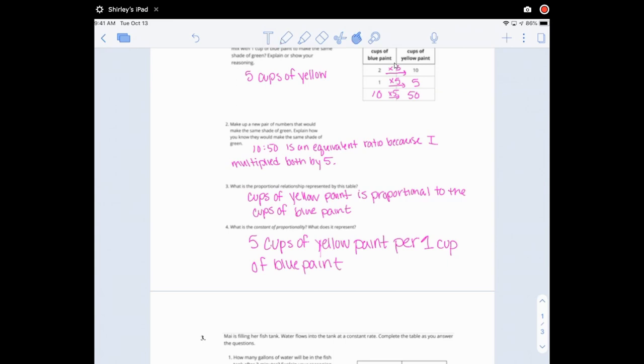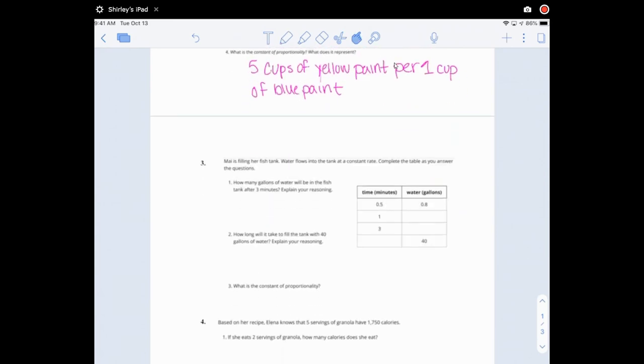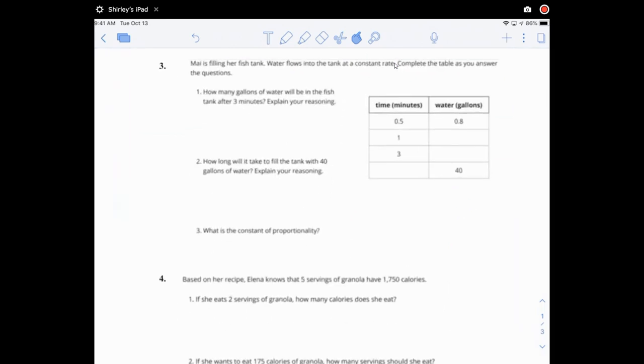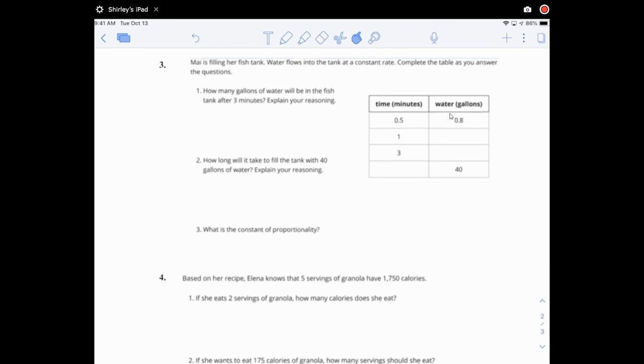Okay, I'm also going to go ahead and answer question 3. May is filling her fish tank. Water flows into the tank at a constant rate. Complete the table as you answer the questions. How many gallons of water will be in the fish tank after 3 minutes? So I'm looking here, I can see minutes and water. This isn't easy like that one before where I could recognize 2 to 10 means I'm multiplying by 5. So anytime we have these harder problems, remember our method to finding the constant of proportionality, or the K value,